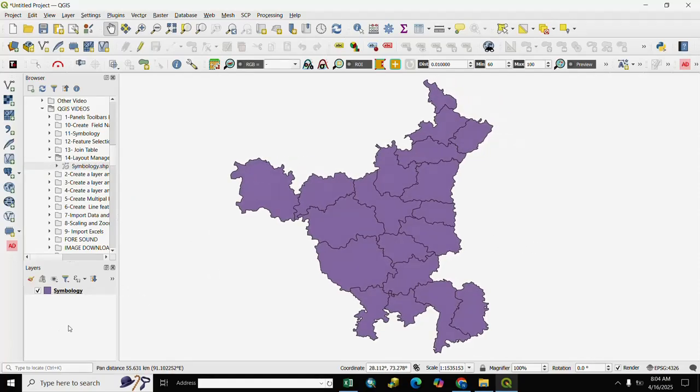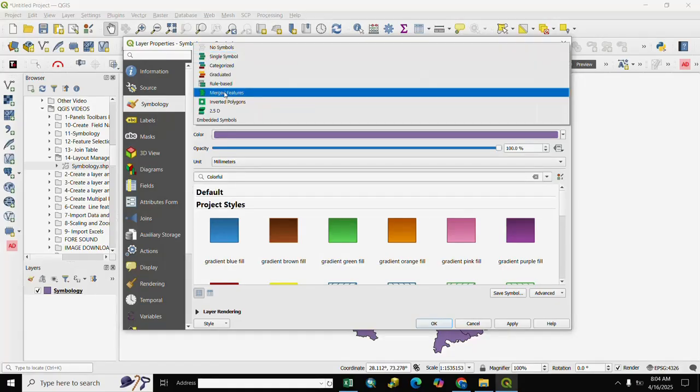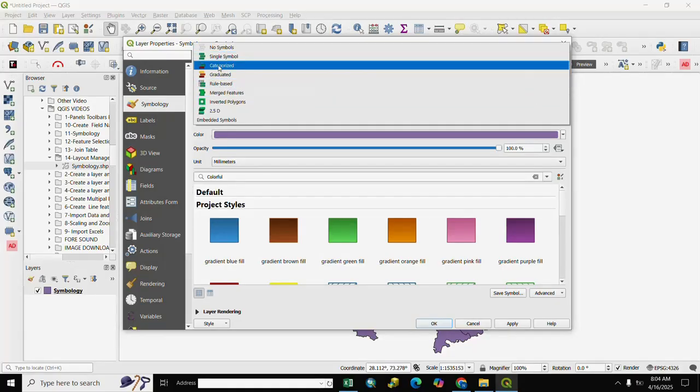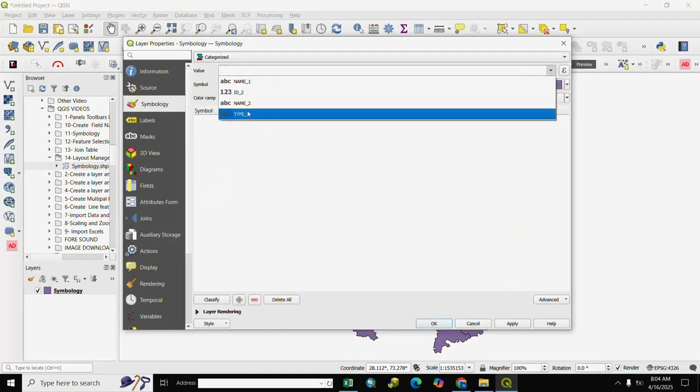We categorize it. For categorize, we double click map and we go to symbology. Here is symbology, and we select here categorized. After categorize, we select here categorize name.